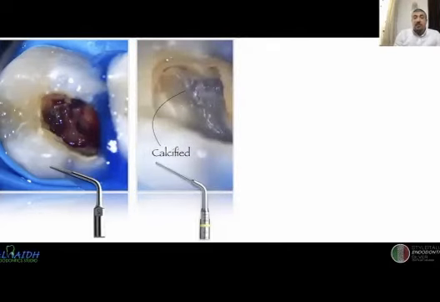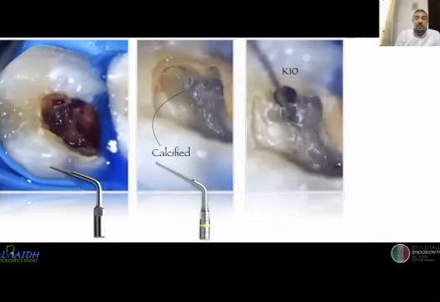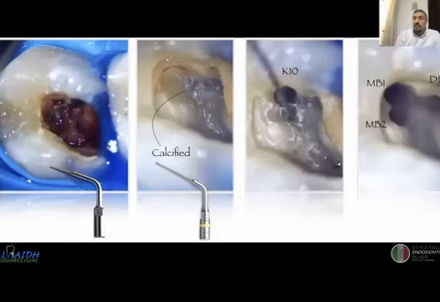Even with high magnification and illumination, it was not easy to find the orifices of the canals because they were very calcified. Look, this is the mesial-buccal. It's very tiny, the mesial-buccal orifice, and here is the distal-buccal. After dealing with the ultrasonic tips, it was easy to find these orifices and then prepare the canals. And this is where you can differentiate between this situation